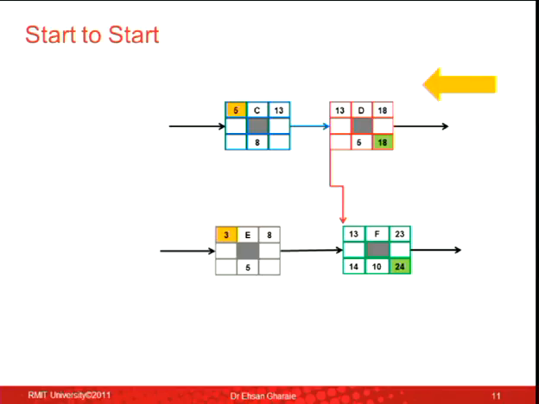There are 2 ways to calculate this box here. I can go just the normal way. I can go 18 minus 5, 13. Or I can go from this arrow backward, which is 14. I take 14 and I put it there. So there are 2 ways into the same box. There is one way here, 18 minus 5, and there's another way from here, 14. Remember, I'm going backward. I'm just looking at the bottom row. So there is 14 here. I can take 14 and I can put it there.